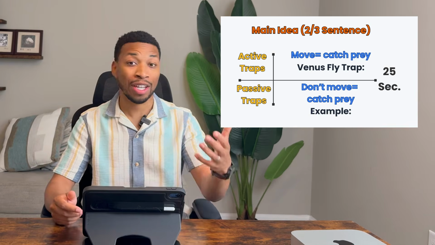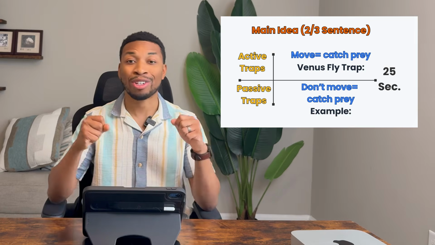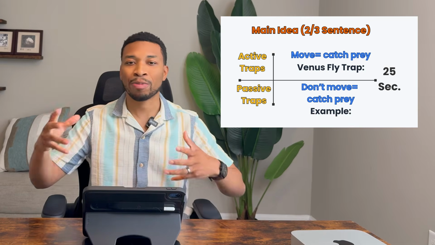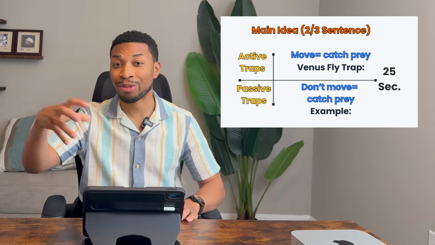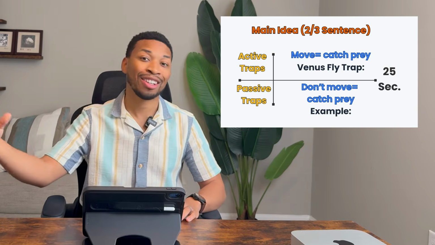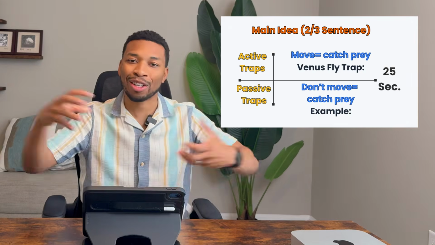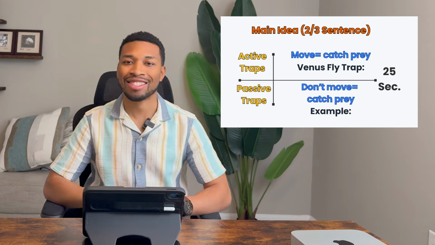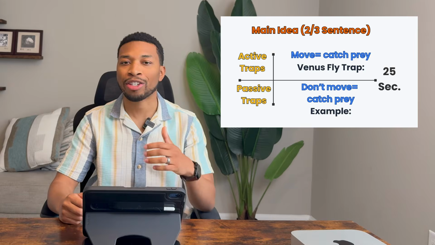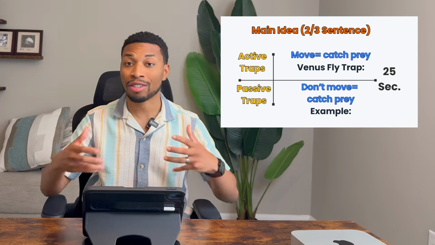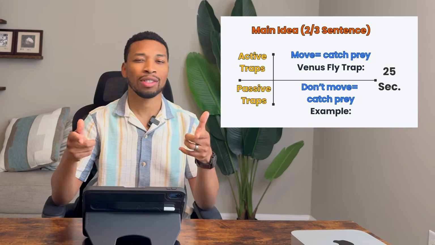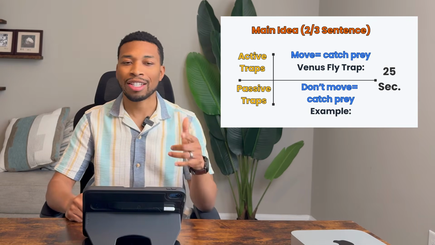For example, the Venus flytrap has special leaves, and those special leaves can move to catch the prey. They also have a sweet nectar to attract the insect. Once the insect comes, it closes tight and then it eats the insect. But first, you have to make sure to say what active traps are, and it's basically moving parts that it uses to catch the prey. That makes sense? All right, let's see the second one.